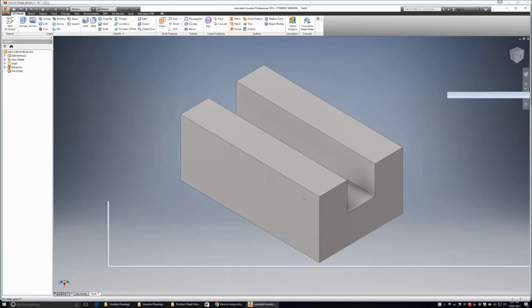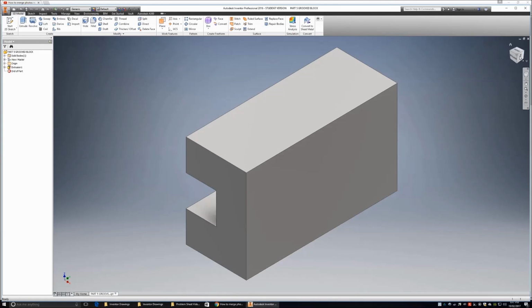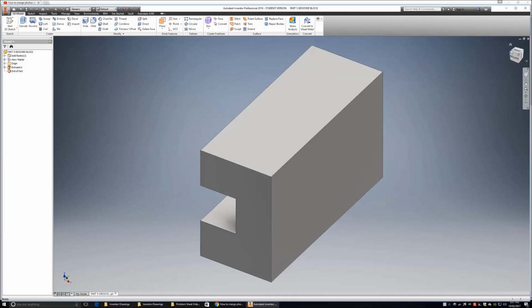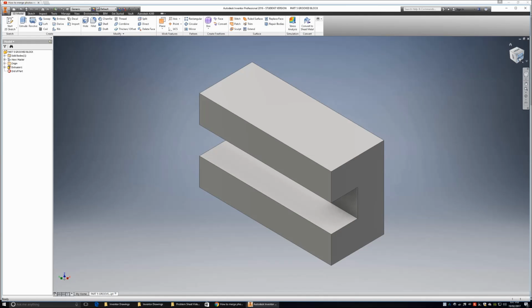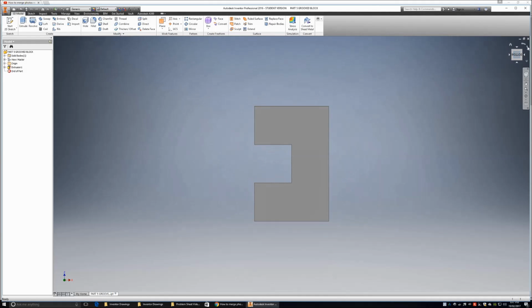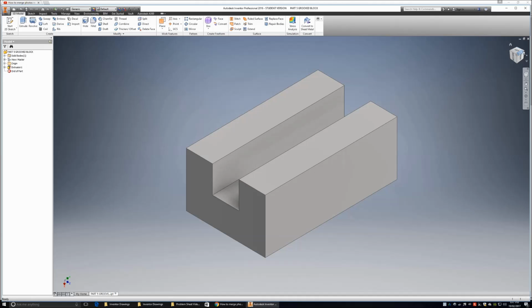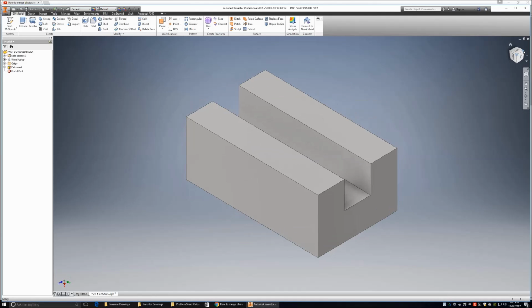Well, I think that's just about is all we need to worry about today. Just going and checking to make sure it looks right, and yes, as I scroll around it's looking fine, looking just like my drawing. So now I've saved it, pretty happy with that, and join me again in next session